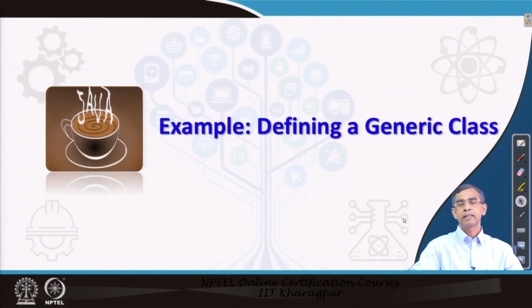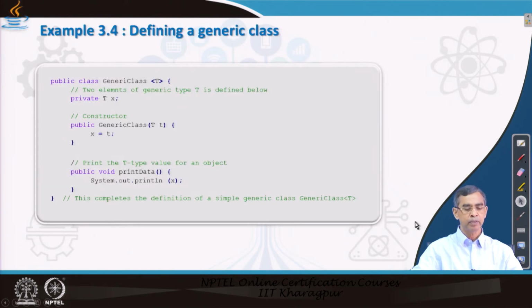Now, we are going to illustrate one example of how a generic class can be defined with the syntax that we have discussed. Just closely look at this program. This is the class we are going to discuss. The name of the class is Generic, and within this angular bracket we mention that this class is a template, a generic class, and we mention this genericity with only one template. That means this program will take care of one template type of data, generic type of data.